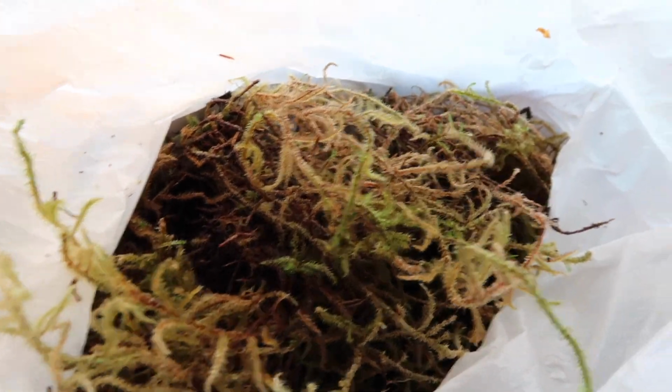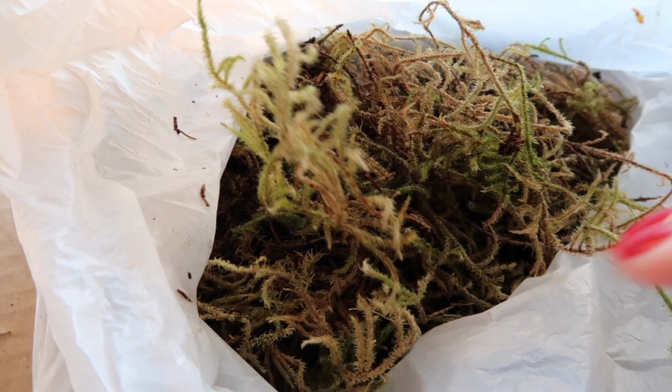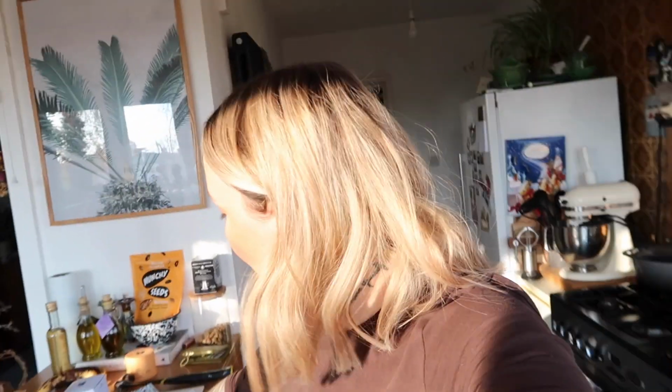So I'll talk you through how I do it anyway, but I was just about to rehydrate it and it turns out it doesn't need it. So yeah, that's going to form my base. And then when the washing machine has stopped, I will take you in there because it's really loud at the moment and show you what I'm going to put on it. But for now, I'm going to get my hammer,